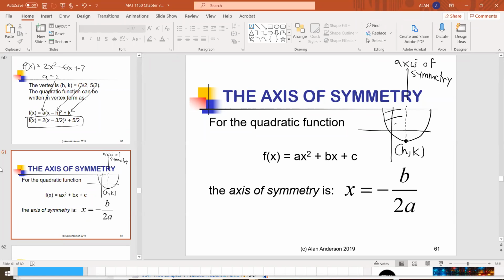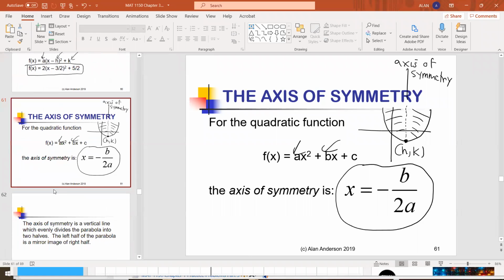Because now you can see everything on the left and the right are the same. And we can calculate the value with this formula based on A and B. Now, I just want to remind you that when you have a function like this,